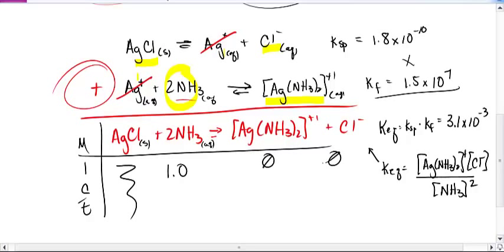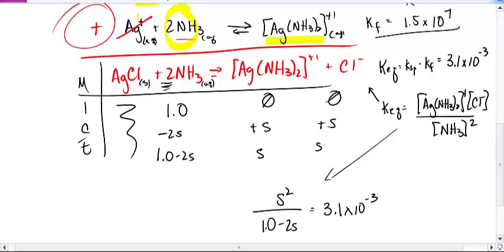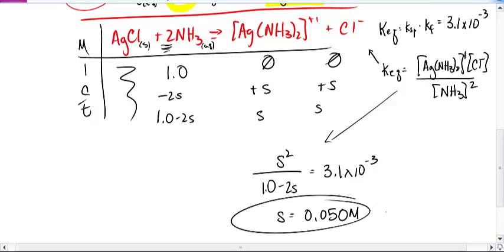Let's say we had none of this to start. Now we're going to lose some and gain some. So we'll gain S, lose 2S because of this coefficient. So this becomes 1 minus 2S, S, and S, and we can plug that into our original equilibrium expression. So S squared over 1 minus 2S is equal to our new equilibrium constant here. And when you solve for that, S is, no, I got carried away, apologize, 0.050 molar. So this is the molar solubility